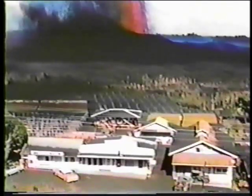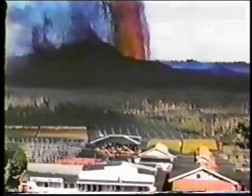Now we look closer back up on the hill above town. We see an increasingly dismal sight. Though the town itself has not yet been covered by lava flows, it has been hit hard with cinder, thrown high by